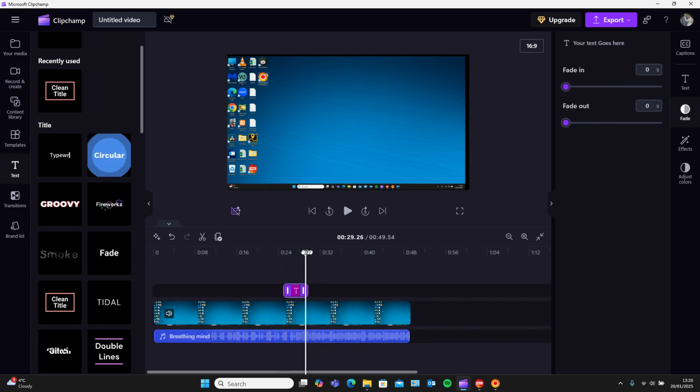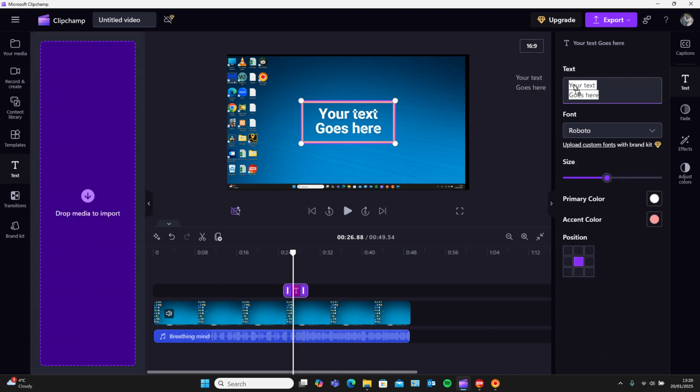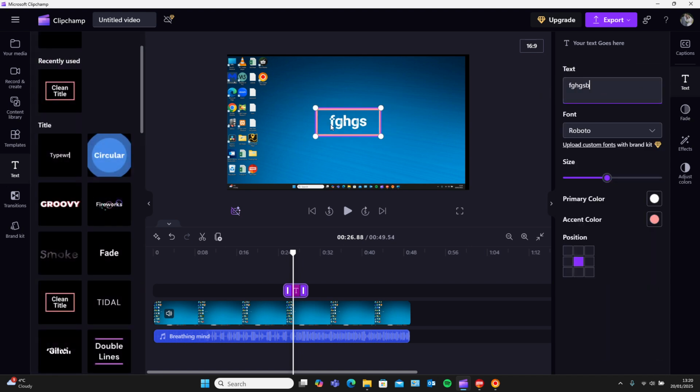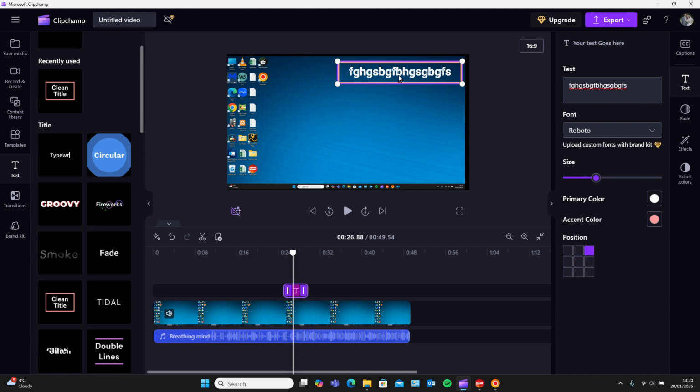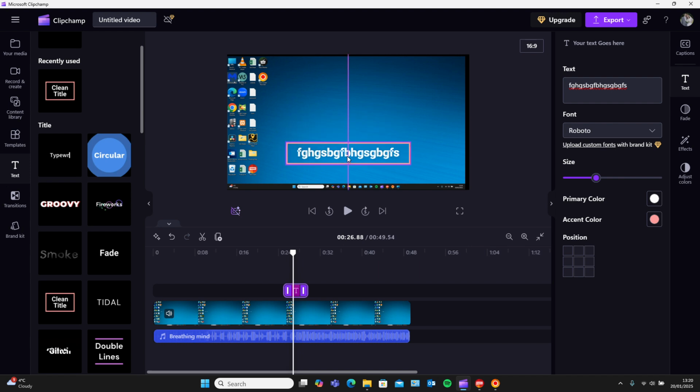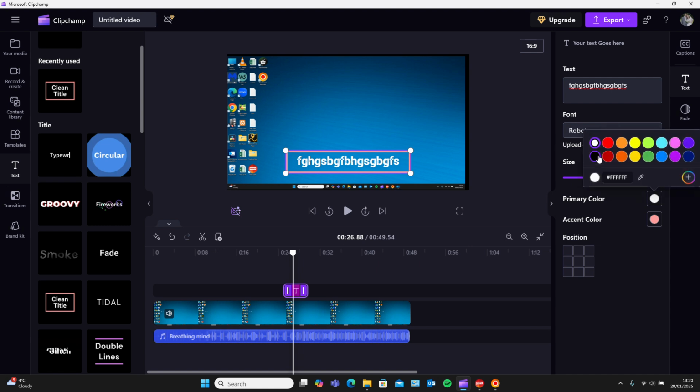Okay, so once you've done that, you just click on there, click on the text at the top on the right hand side, change the text that's inside this box, like that for example. You can drag the text, you can make it any size you want, any colour. So there's your size, there's all your different colours in. You can put it where you want it to on the screen, or you can literally just drag it to put it where you want it to on the screen. I'm going to change that colour to black, to primary colour. So if you click on there, change it to black, and